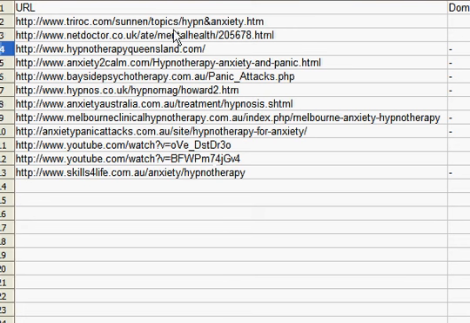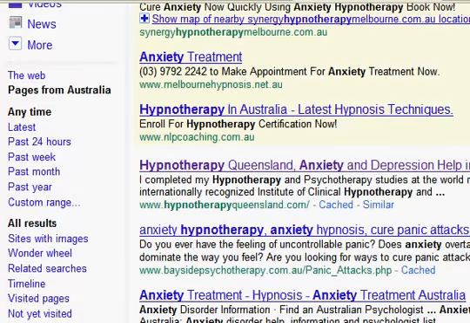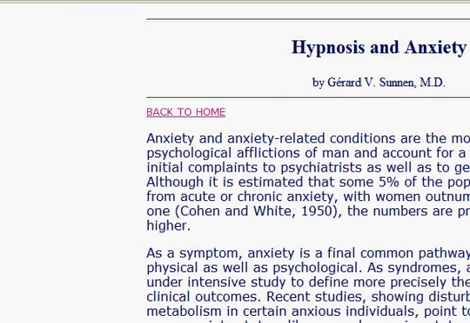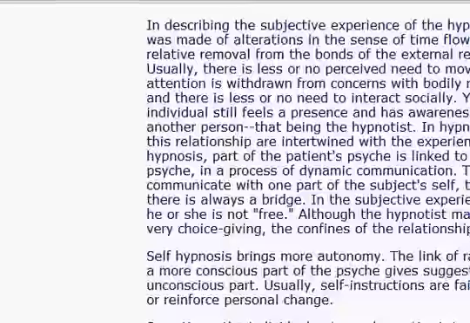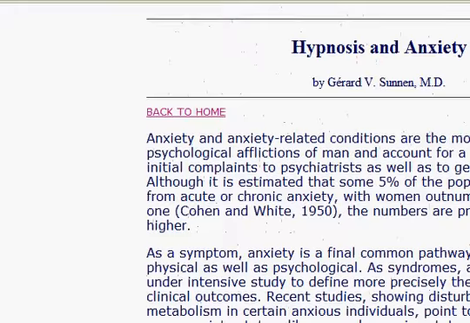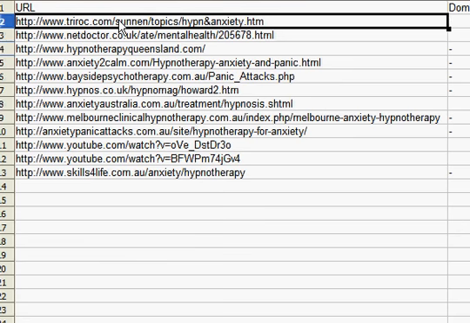Now I know you might be saying, why are you showing me these ones when we want to see the Australian ones? This is an example, and I just want to show you why. So this one here, trioc.com, which is this web page here, Hypnosis Anxiety by Jared V. Sunnan, is just a basic page. I know some of it's off screen for you, but I just want to show you just written words on a piece of paper that's ranking number one. And if we go back to what we had here and I scroll across slowly,